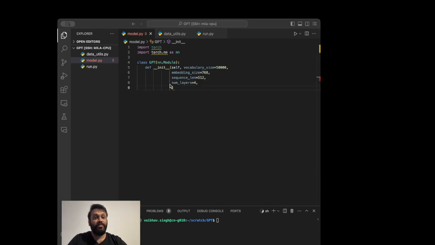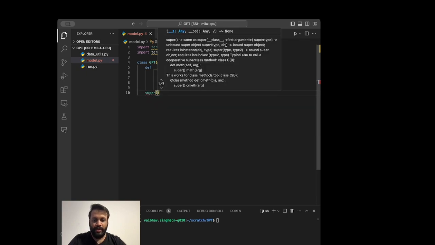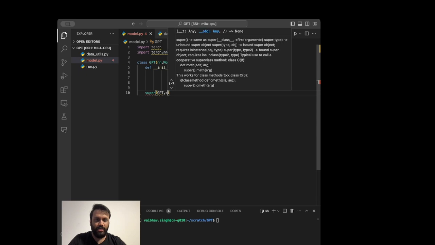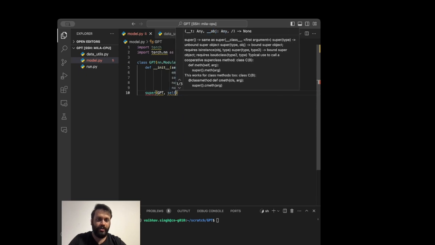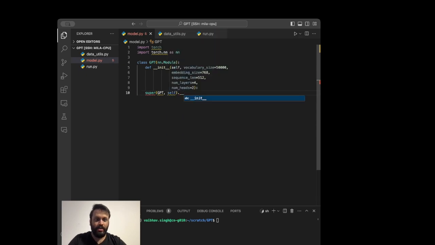Oh yeah, since we will be implementing multi-headed attention, we would be needing the number of heads. So number of heads, let's just say 2. All right, so that's it. Now let's call the super function, super GPT self dot init. All right,